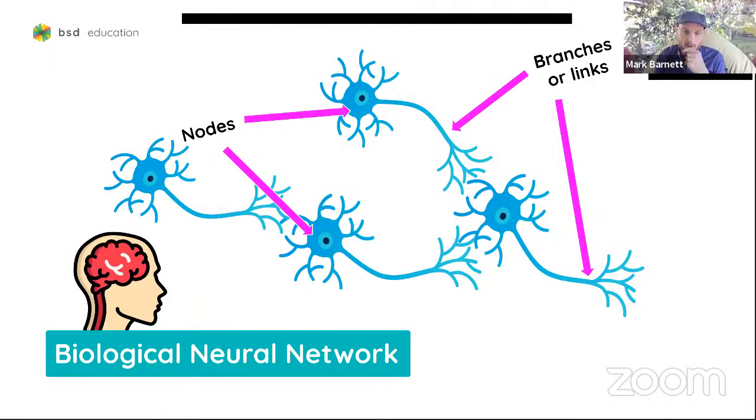So how does our brain do this? In our brains, we have a biological neural network. These little blue things are called neurons. In computer science, we call these things nodes, and they're all connected together by branches and links. These biological neural networks become really efficient, especially if you see something over and over again. So your brain gets really good at seeing your everyday surroundings, and your everyday surroundings can be acknowledged and understood very quickly.